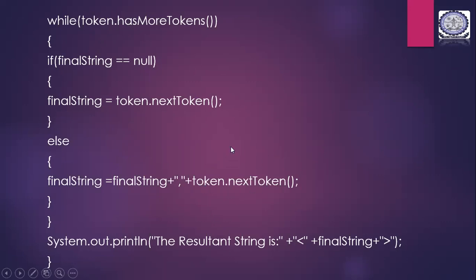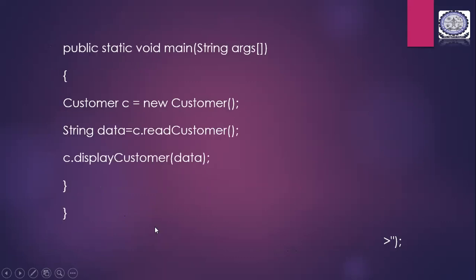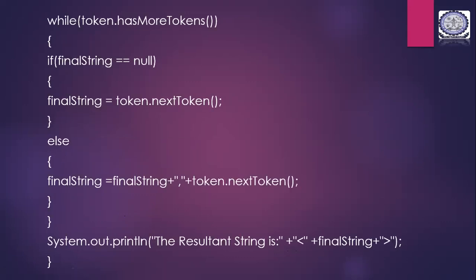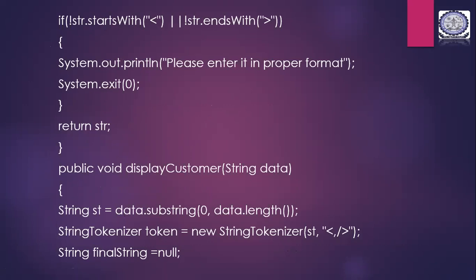Whatever the token is there, whatever the string is there, it will search for the substring there. So if there are no substrings, then the entire final string will be there. There will be no next token here. Okay, and when there are no more tokens, it will jump to system.out.println, and the resultant string will be there. So final string will have all the substrings in the format that it requires, right? It will have the substrings like Sidhu, 14, 10, 1987, right? So it will have the string in that particular manner.